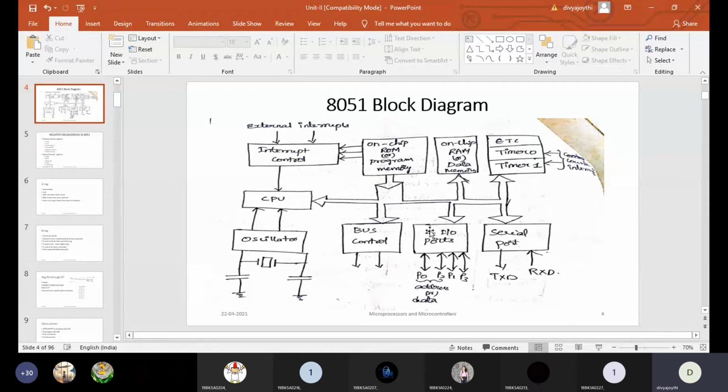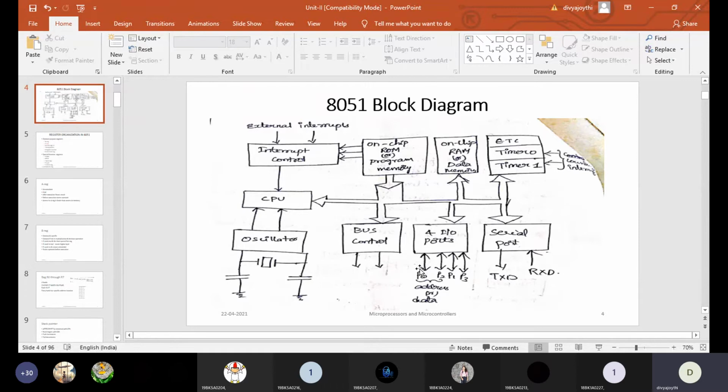So here we can simply state that IO ports will control the external environment. Controlling the external environment means it will take the input from the external environment. What will be there in the external environment? Input devices and output devices. So it takes the data from the external environment, and once it takes the data, the processor will do the necessary operation, and it will send the result to the IO devices also. So through the IO ports only, the external environment is controlled.